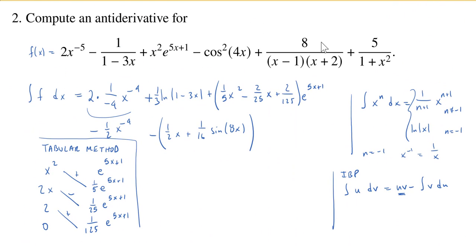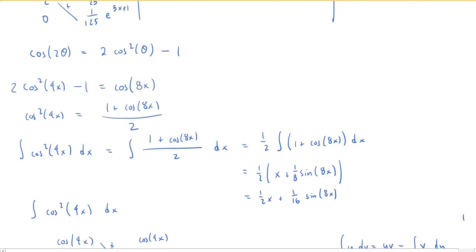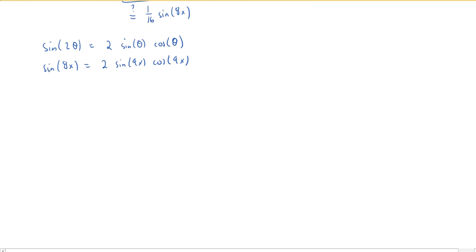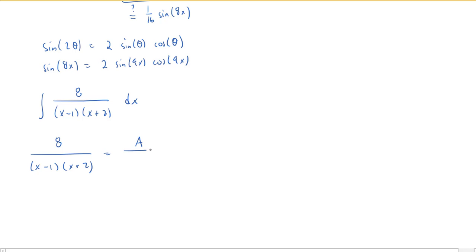All right, what's next? This is a partial fractions situation. So let's do that down below. So we're trying to find an antiderivative of 8 over x minus 1 times x plus 2. So we want to break up this fraction as two different fractions. One of them is going to be over x minus 1. The other will be over x plus 2. And these A and B are both constants. So if we multiply through by the denominator on the left,